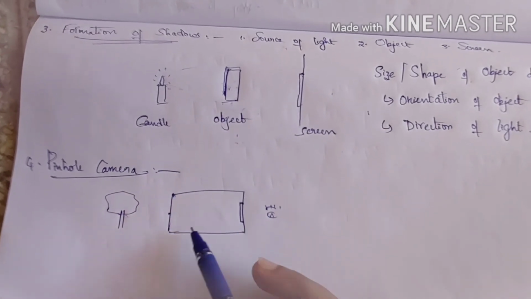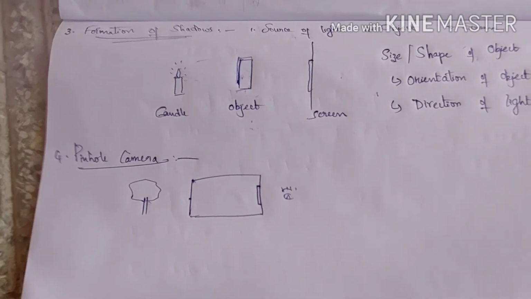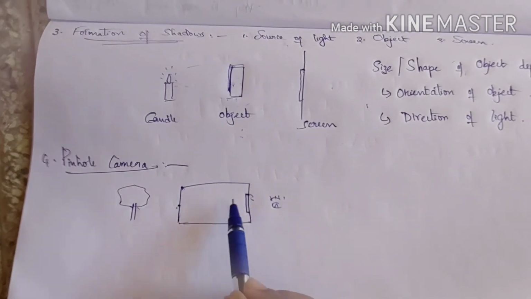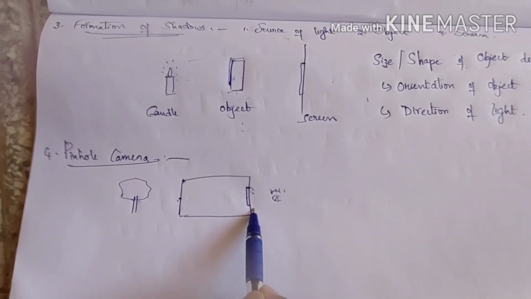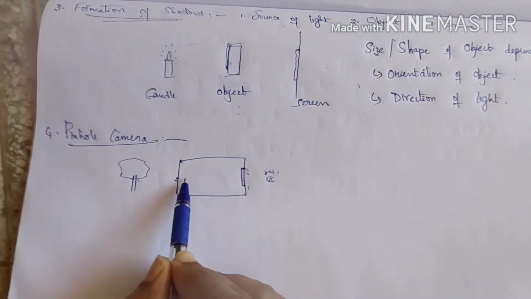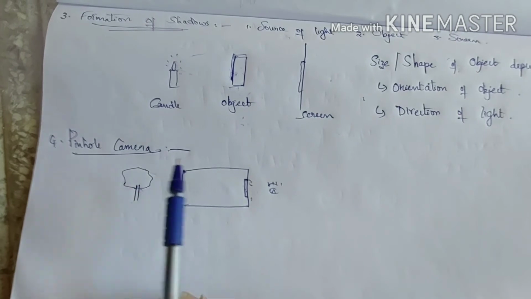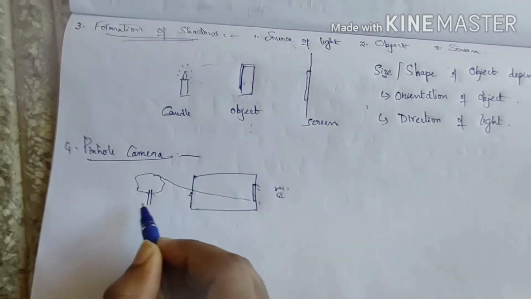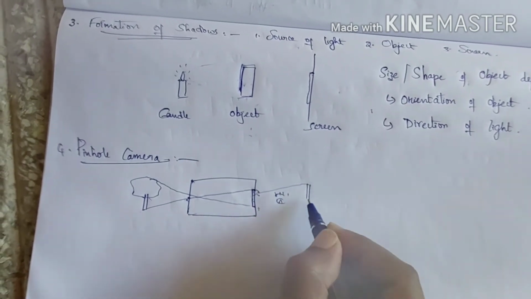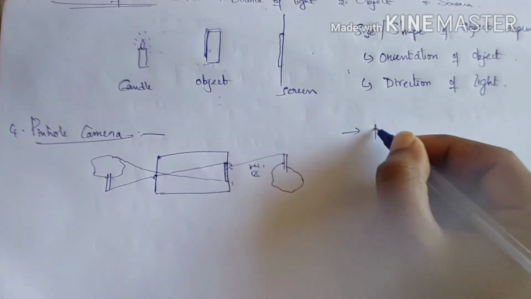For the pinhole camera, you have a cardboard box which is light proof, having a pinhole, a hole which is of pin size, and opposite to this hole you attach a trace paper which acts as a screen. See to it that this hole and this are exactly opposite to each other. Now when light is falling on the object, it will reflect light, no? That light will pass through this hole, forming an inverted image. So the image formed here will be like this.